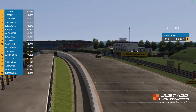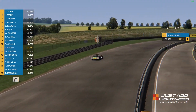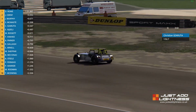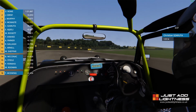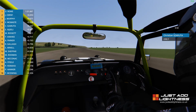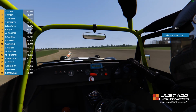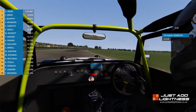Steve McMaster is now fourth, but still 3 tenths off or so the best time, so he's getting a little bit quicker, but he's only just edging towards the top 3. Christian Zaruto, who was fastest in pre-qualifying, is only 5th quickest so far. And then it's Emil Jaselic, Will Rossetti, Tim Van Hee, Andrew Parker, and then Richard Gallagher, who's pretty high up in the points towards the top 5. And looking down the rest of the order, one driver that's a little bit further down than I would have expected, 2 in fact, is Blair McConaughey, who's down in 14th, only just over a second off the pole time. But also Paul Fernandez, Chris, 4th in points,